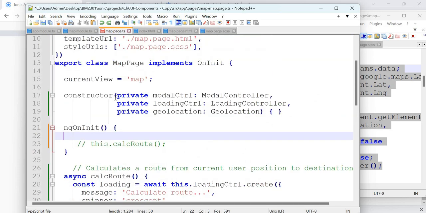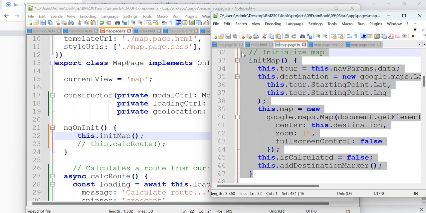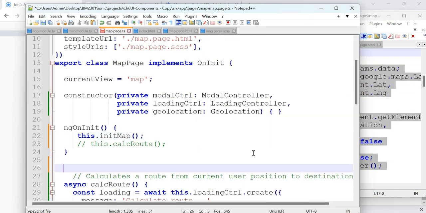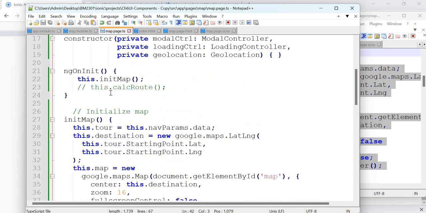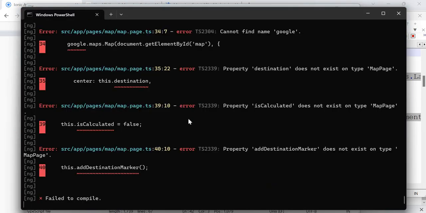So this is on init. You could call here this.initMap, and you could copy this initMap here. Right. So instead of calling calcRoute, you are going to call the initMap here, and there could be